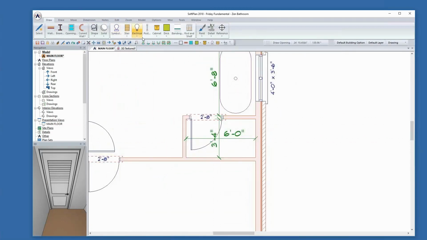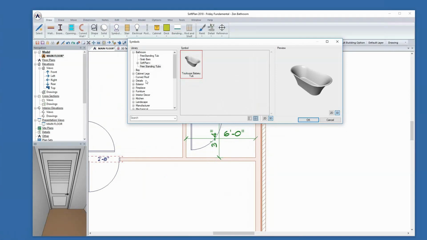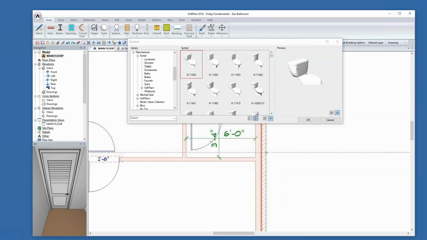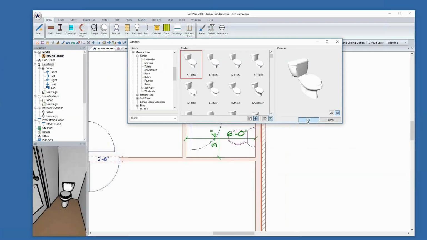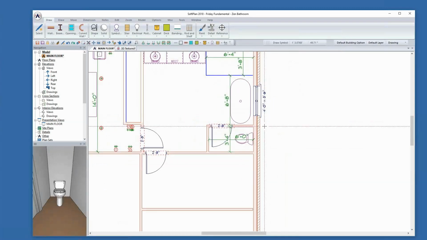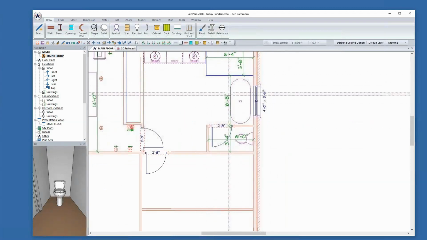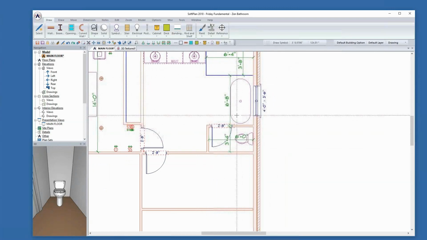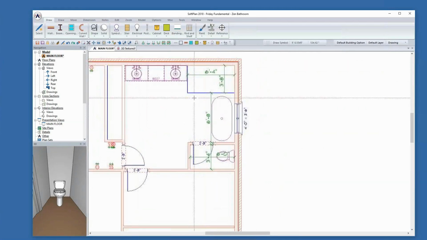Now I can come in through my list of manufacturers once again, go to the Kohler library, and select toilets, and I'm just going to place a toilet symbol in here, something like so. Now we've got our toilet room set up, we've got our bathtub set up, we have the outline of our